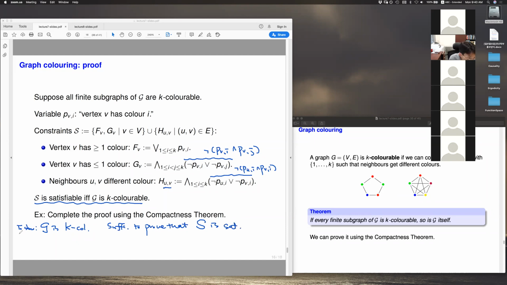But by the compactness theorem, we just need to prove every finite subset of S is satisfiable. Okay, so this is what we have to show. If I look at a finite subset of S, the finite subset S0 of S will use only finitely many propositional variables. Okay, so we find such a finite subset